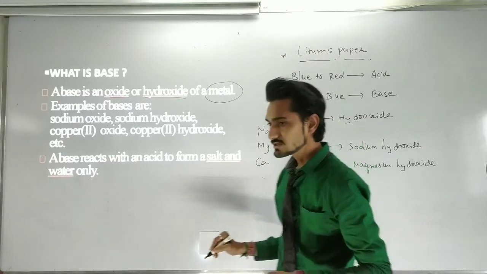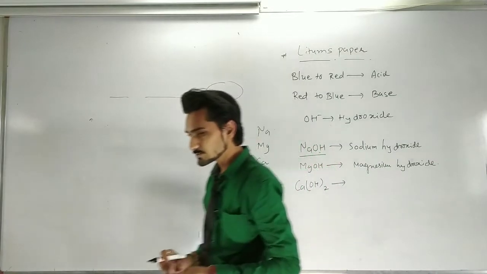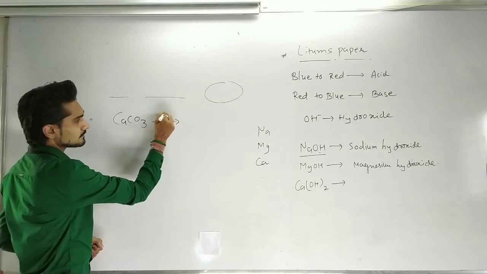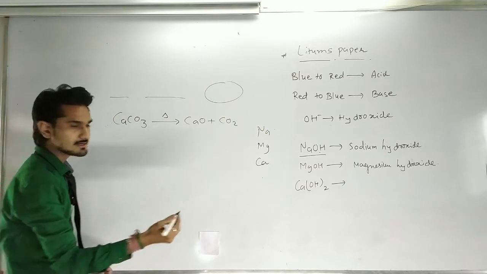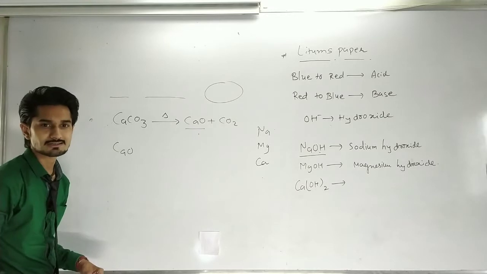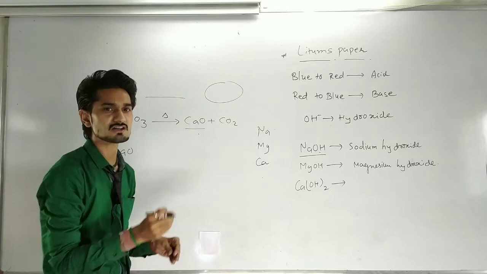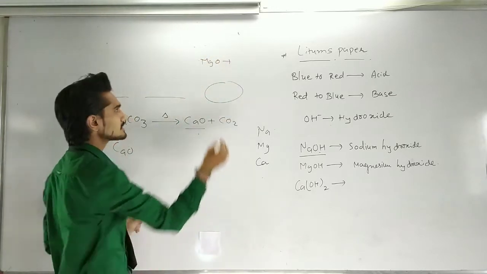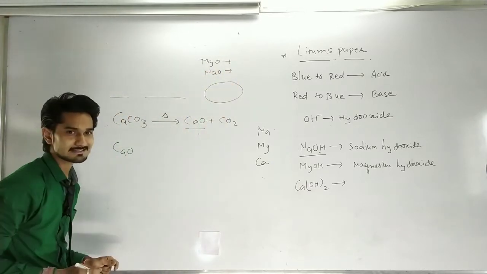Suppose the calcium carbonate gets heated up, then it makes CaO and it releases CO2. Now what should I take? Calcium oxide, it will be called calcium oxide, because whenever we attach a metal with a single atom of oxygen, it gives us the oxide. So whenever I react Mg with O, it gives us magnesium oxide, NaO gives us sodium oxide. Same like that we have to attach CaO.